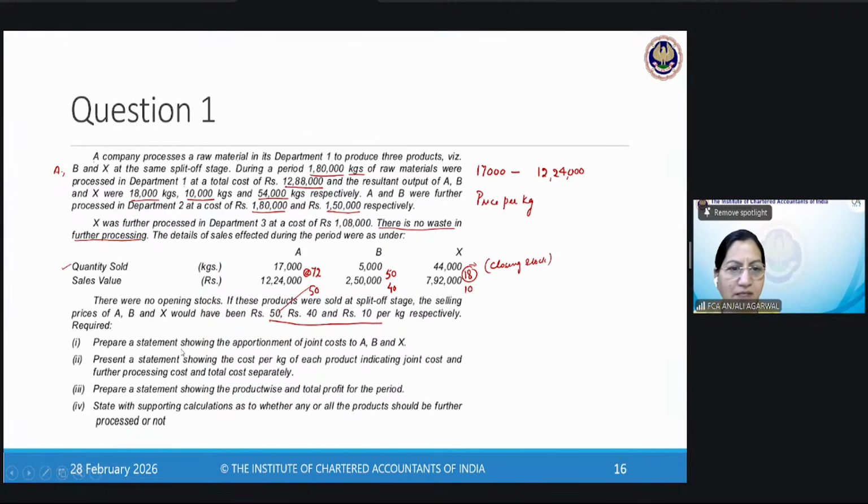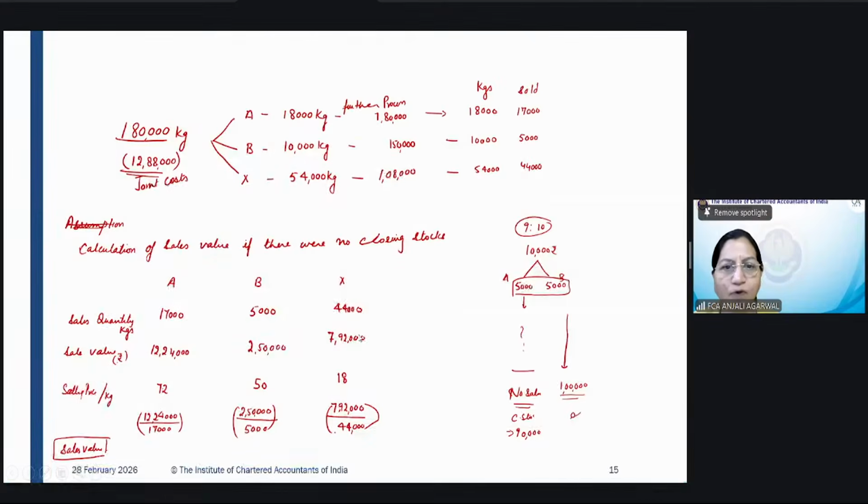So it's saying prepare a statement showing the apportionment of joint cost to ABX. No method is prescribed here. Present a statement showing the cost per kg of each product, indicating joint cost, further processing cost, and total cost separately. Prepare a statement showing the product wise and total profit for the period, and state with supporting calculations as to whether any or all of the products should be further processed or not. So no method is mentioned, and we have post separation cost. So we will follow